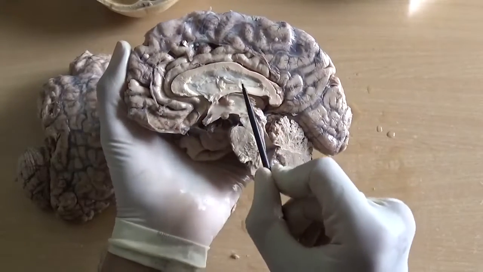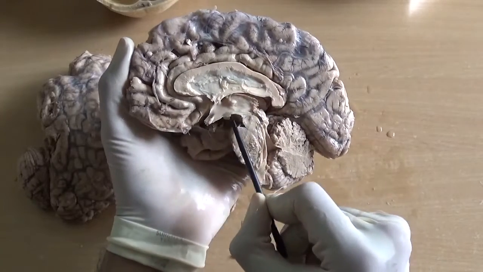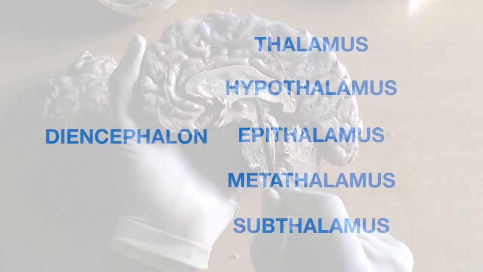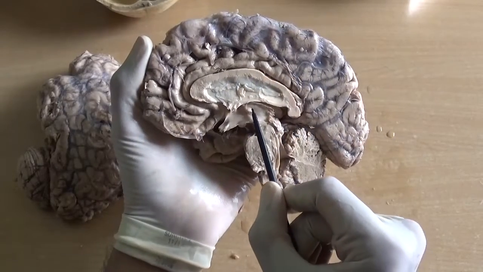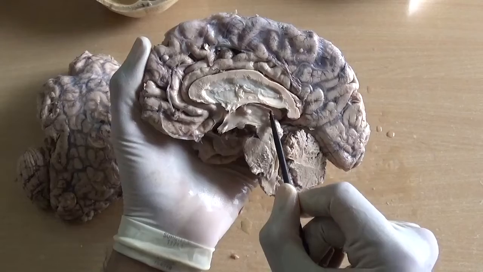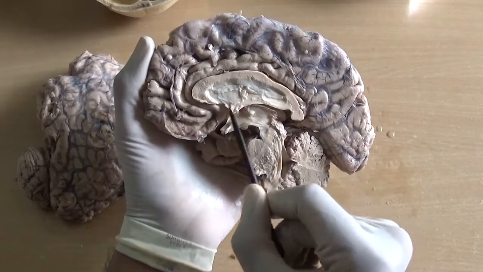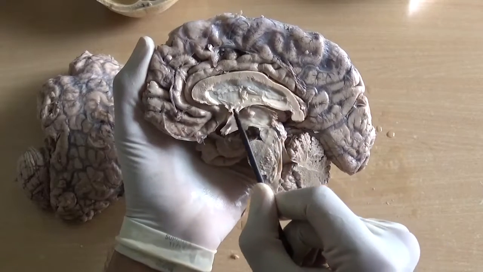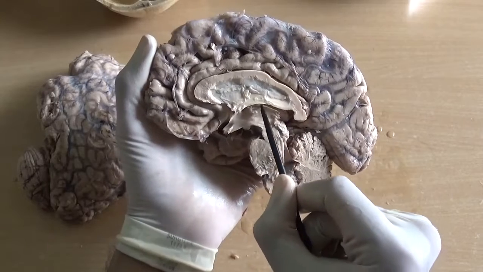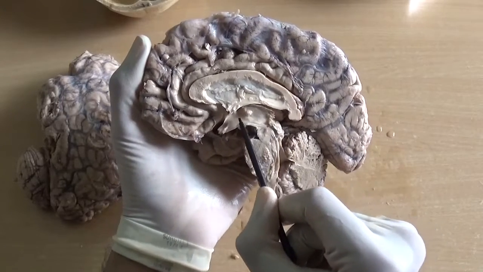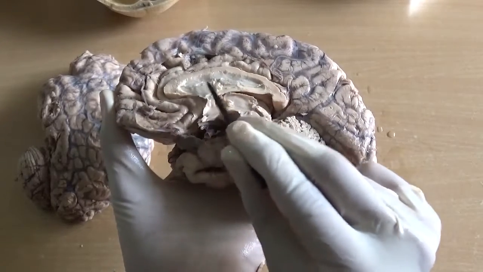Now next to the telencephalon, this area is diencephalon. Diencephalon is nothing but thalamus, and there are a total of 5 thalami constituting diencephalon, namely thalamus itself, hypothalamus, epithalamus, metathalamus, and somewhere over here will be subthalamus. So there are 5 thalami together forming diencephalon, and the cavity of diencephalon, this territory, is the third ventricle. Now this third ventricle will get communicated with the lateral ventricle, which is situated deep inside.